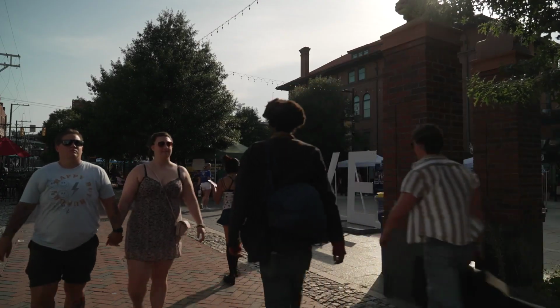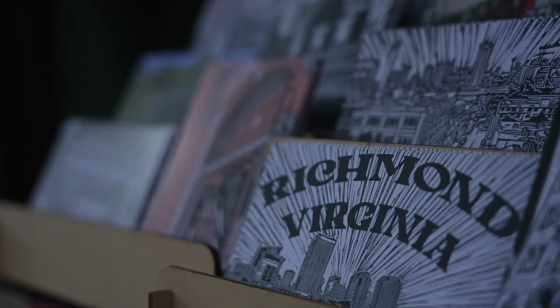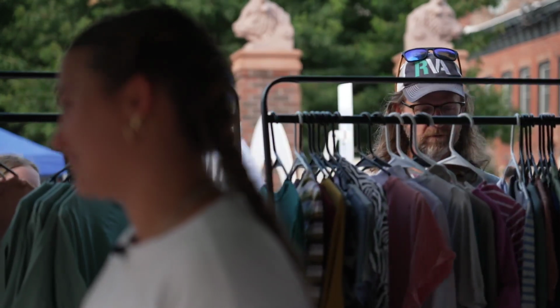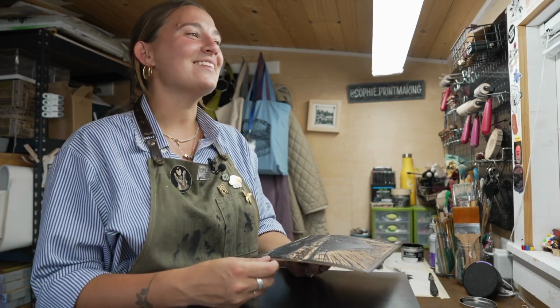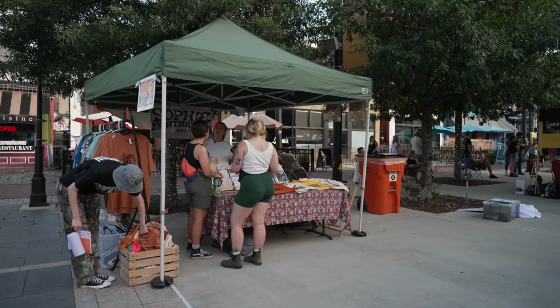Sophie is a staple at craft shows and art fairs. Yes, when I got into it, I was like... Her canvases present the River City through a fresh lens. The thing that brings me the most happiness in selling my work at markets and things is when people come over and they're like, oh, that's my favorite date night spot, or, oh my God, my husband proposed to me there. There we go. Would you like a bag? I would